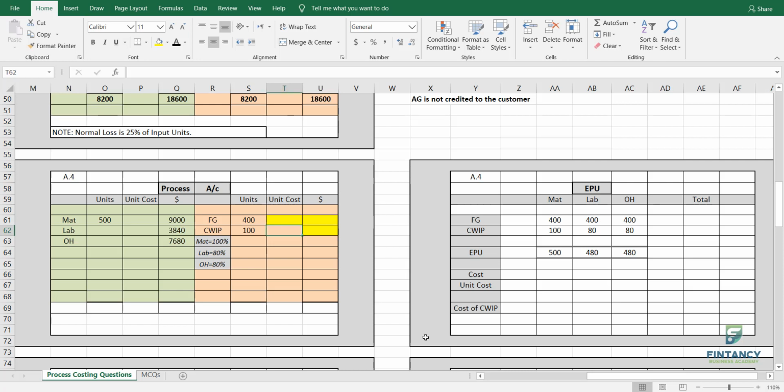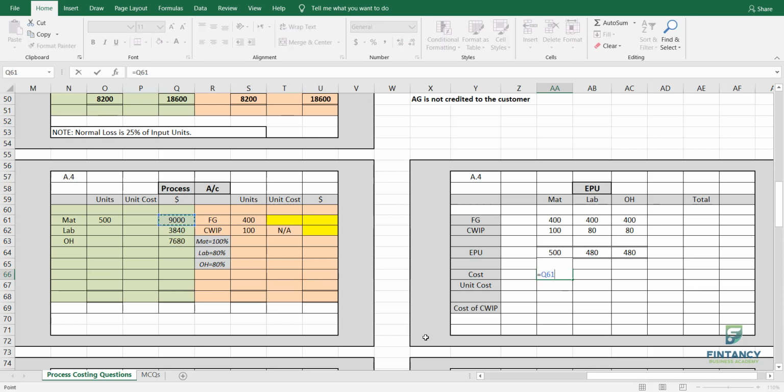Okay. This is not applicable. Always remember, we don't write anything here because there is no unit cost of closing work in progress in totality, but individually you can have it. In totality, you cannot have a unit cost for closing work in progress. Okay, I will show you why. Then we have the cost. Remember, it's given here already.